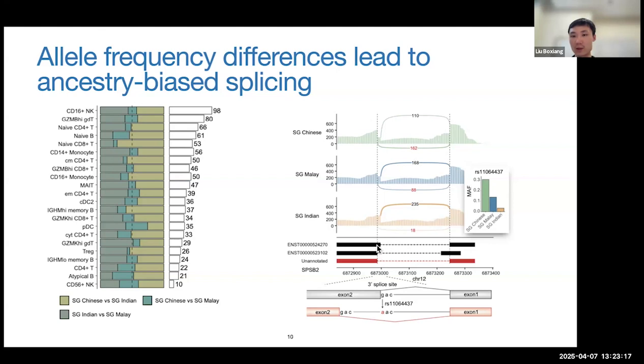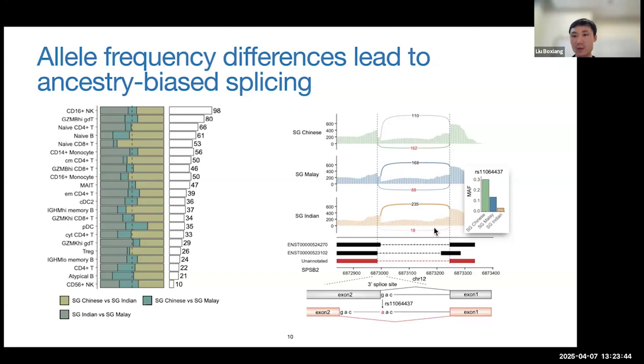This isoform uses a canonical 3' splice site, which is AUGAC. And this variant RS1106447 changes the G variant to an A variant, thus disabling this splice site. So the splicing machinery is forced to search for an upstream splice site, which is this one, this GAC splice